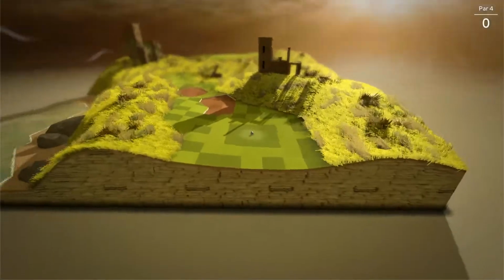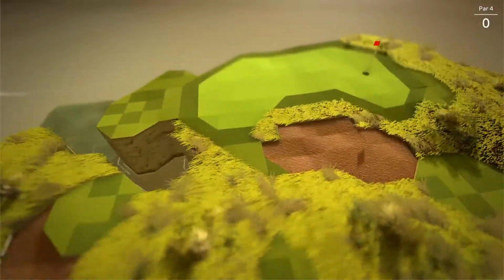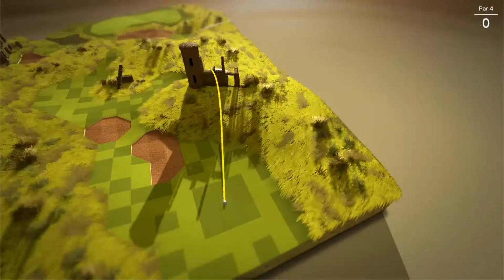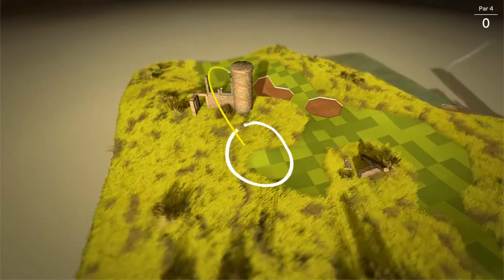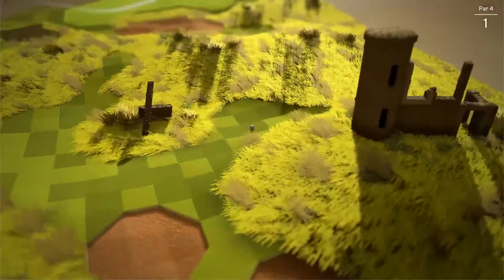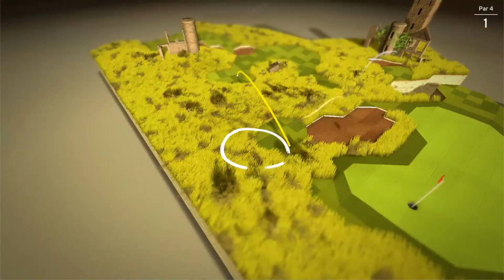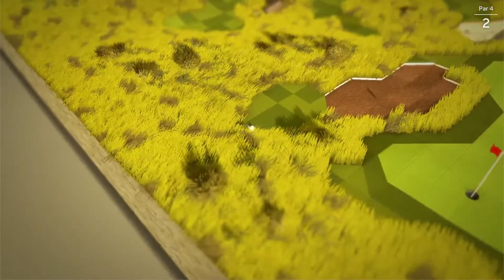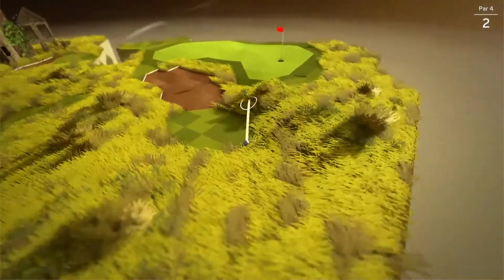Alright, let's play some golf. So this would be the main path if I wanted to play regular golf, but I am playing OK golf, so I'm gonna try and sneak in and get myself a little bit further. I think that should get me a little bit further. This one's going to be a bit trickier. Yeah, because it's a pretty steep slope, you can use it to